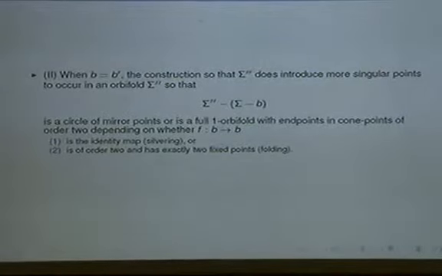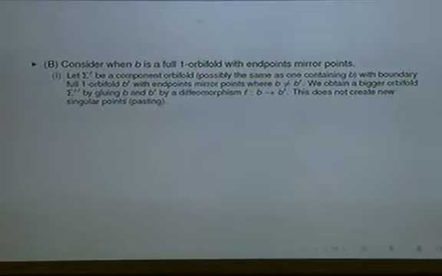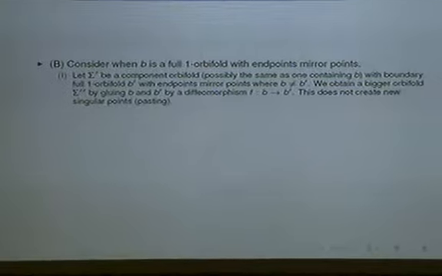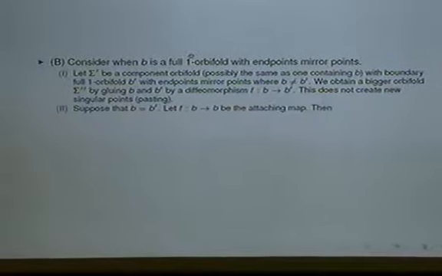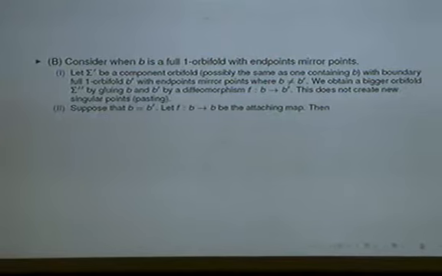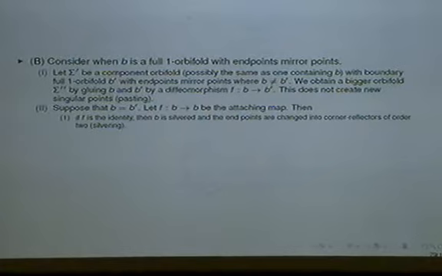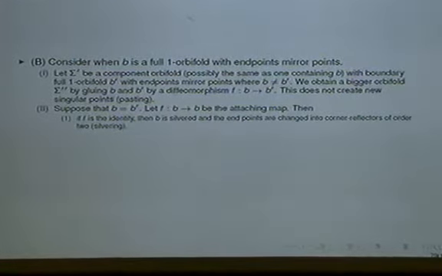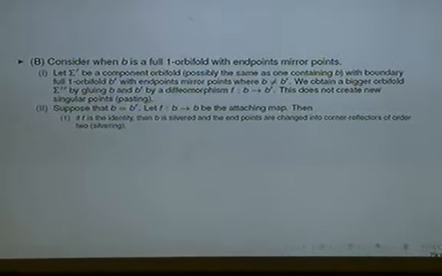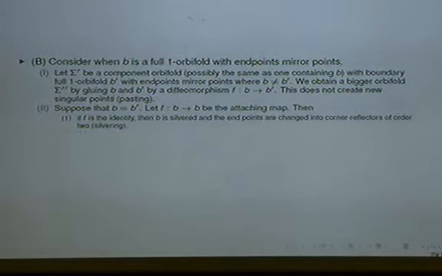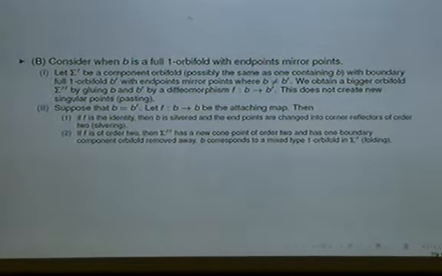So those are the first two types, and the third type is when you have boundary 1 orbifold. So for the ones that don't create any more singularities, you take two and then you glue these two together. Okay, so that's one thing. And suppose you have the same one, so you just have one boundary component, then what you do is you can just use the identity map, which just means you silver it, or you can do this, which is, so you have some, so